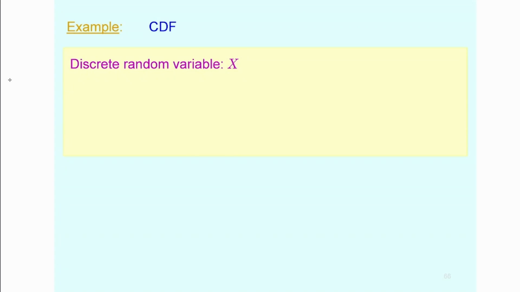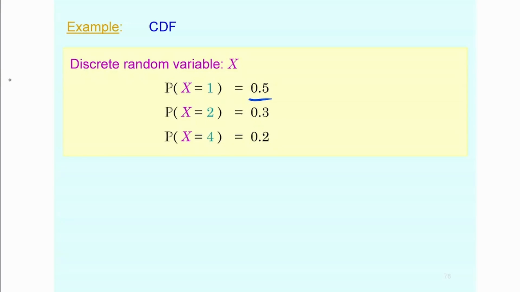That's not going to be a major one, so it's not a representative one, but let's say you have a discrete random variable with realizations 1, 2, and 4, each with probability 0.5, 0.3, and 0.2 respectively. Now, the sum of the probabilities, of course, is equal to 1 this time. And that is also true for every discrete distribution there is. Okay, so I think you've seen this before.